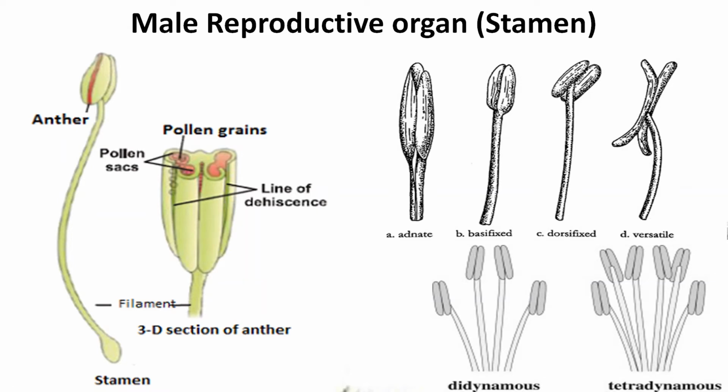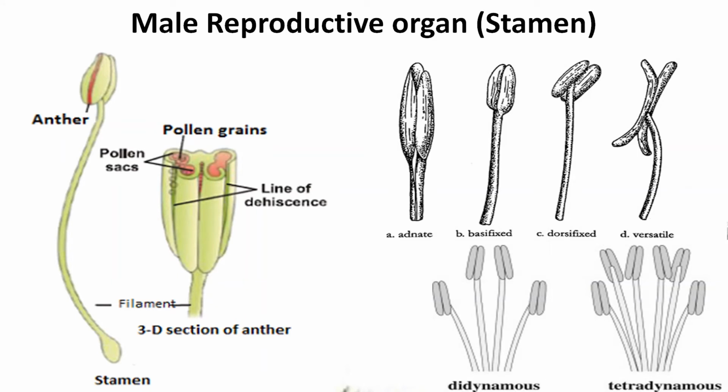This is the exact middle of the connective. So it is a little below. Okay. So it is attached to a point near the middle of the connective, but not exactly at the middle. Okay. So this type of stamens are seen in rice plant, Oryza sativa. Now these are the two types of arrangement of the stamens: didynamous, tetradynamous.